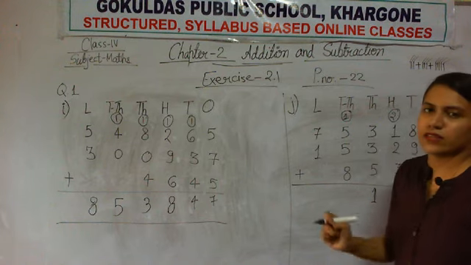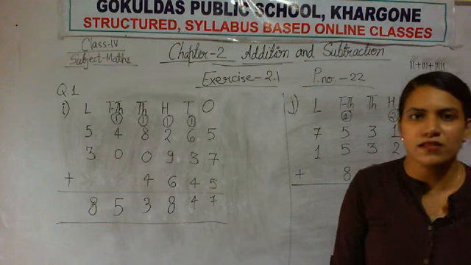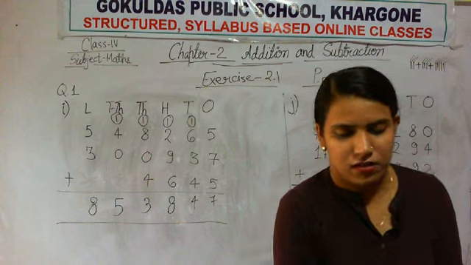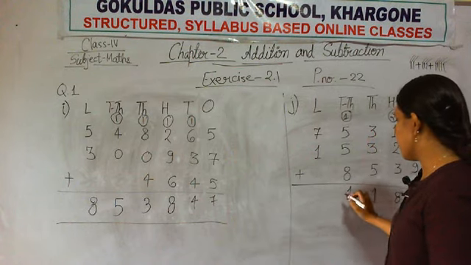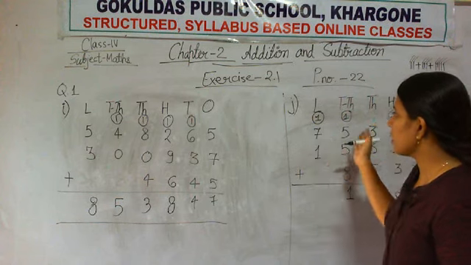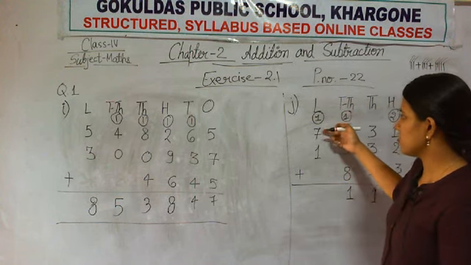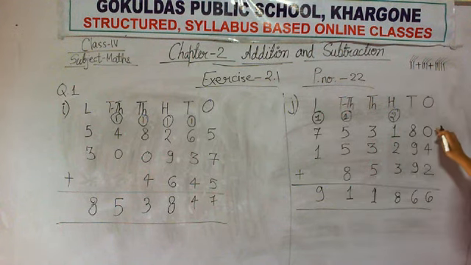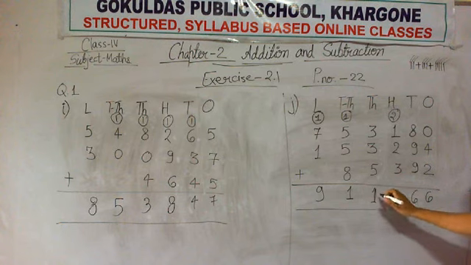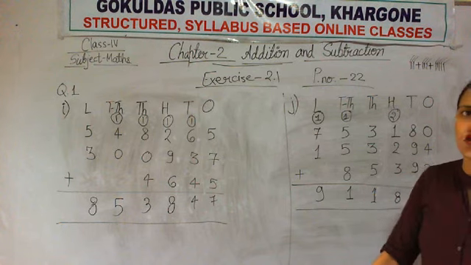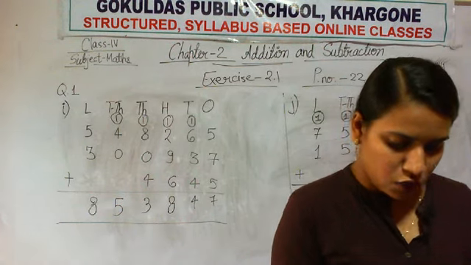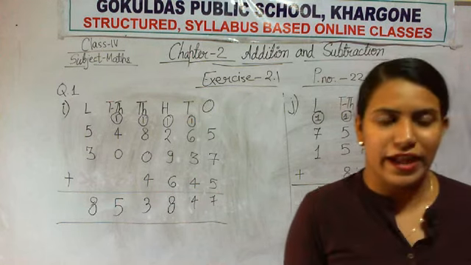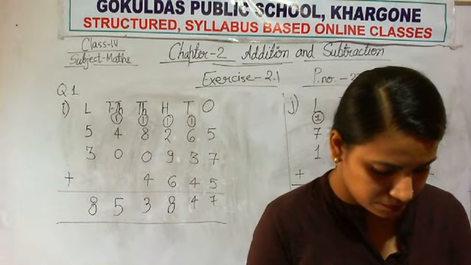Now add 1 plus 5 is 6. 6 plus 5 is 7, 8, 9, 10, 11. So again 11, 1 is written here and 1 is regrouped with the next column. Now add 7 plus 1 is 8 and plus 1 is 9. These 3 were the addends and this is your result, and the result of addition is called sum. Good. I hope you understand how to add these large numbers.